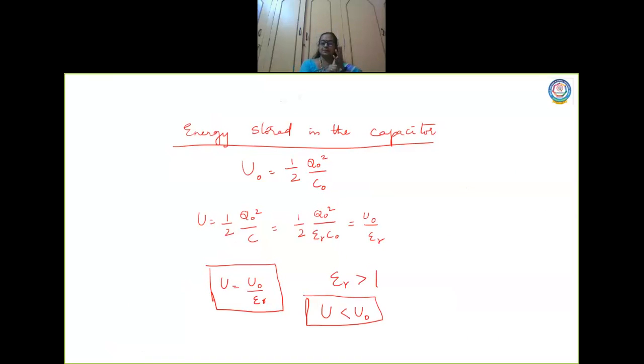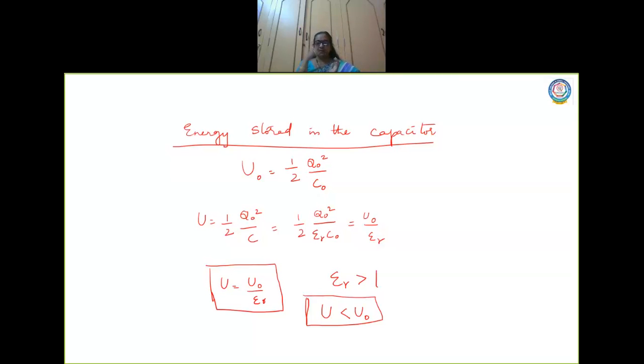We discussed 3 topics here. One is the energy of a capacitor, or energy stored in a capacitor, in the absence of a dielectric. Then we went to the applications of the capacitor, where the capacitors were used, the places where capacitors play a very vital role. Then we came to the third part: what happens to the capacitance when you have a dielectric in between, whether it increases or decreases the capacitance.